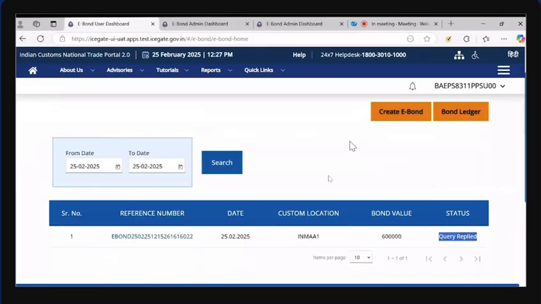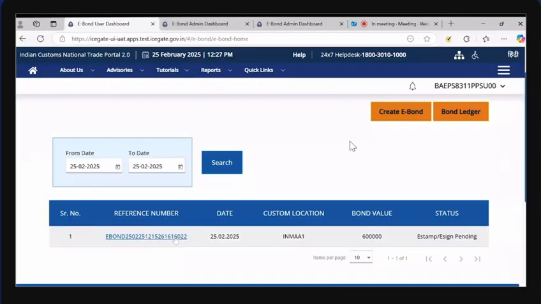Prerequisites. Before beginning the NESL e-sign and e-stamp process, Digital Signature Certificate (DSC) or Aadhaar-based e-sign should be active and linked. Ensure the bond has been created on IceGate and submitted for e-signing. NESL account credentials should be available, if applicable. A stable internet connection and a working browser. Pop-ups must be enabled in your browser. The mobile number linked with Aadhaar, if using Aadhaar e-sign.